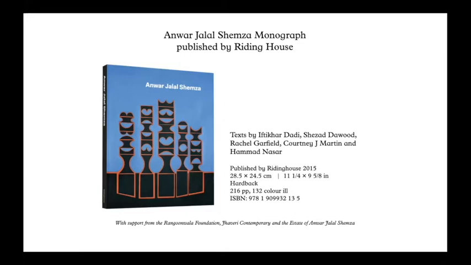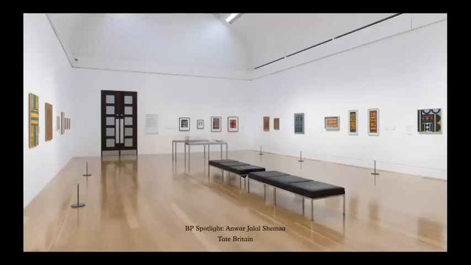For the publication, we secured a good publisher, some funding from the very generous Rangoonwala Foundation, and commissioned 5 essays by curators and academics and writers around the world. The publication included also some rare archival material. I'd say it is this delicate balance of commercial and institutional shows and academic engagement that have facilitated the renewed